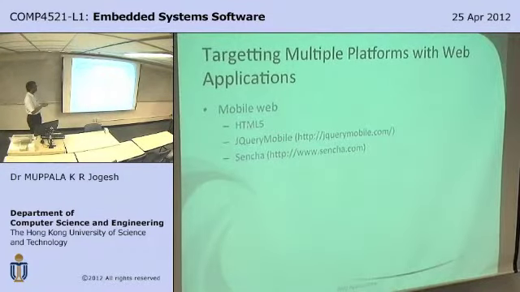In addition to these, you also have something called Sencha, or Senka. I don't know how they pronounce it, so I'll simply say Sencha. This is touch-enabled, touch-friendly implementations. So, combining these three, you can easily design a nice mobile website that plays very friendly with your